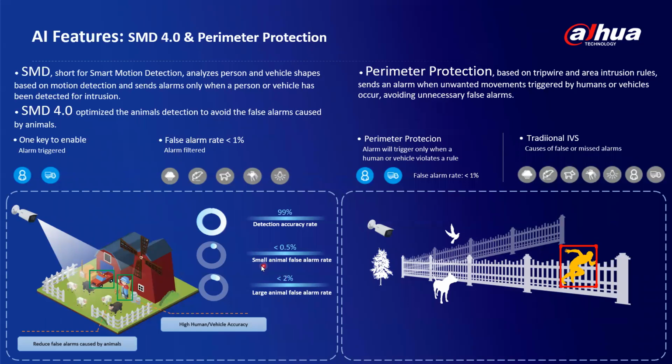The small animal false alarm rate is basically going to be less than 0.5%. And again, the large animal false alarm rate is basically going to be less than 2%. So in this case, that is the work of the smart motion detection. When it comes to the perimeter protection,